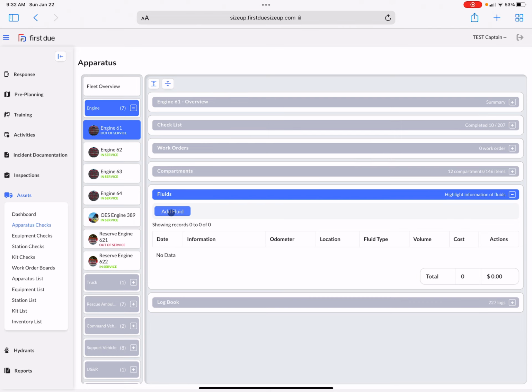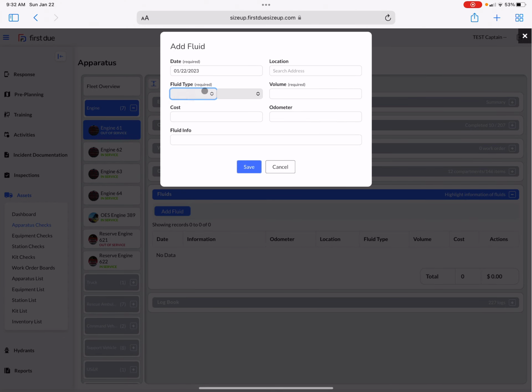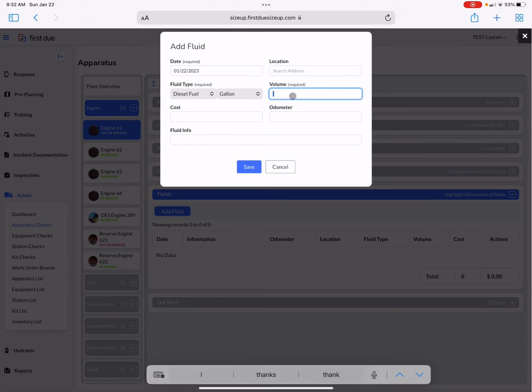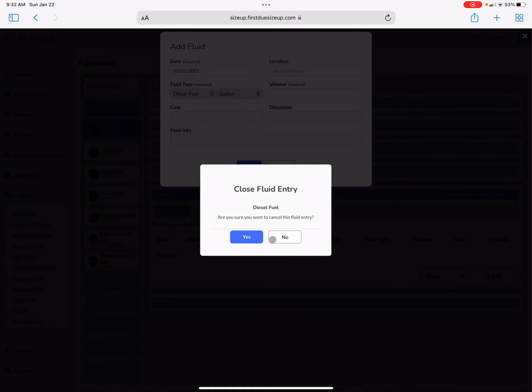What this is going to do is when you add fluid, you're going to put the fluid type, in this case diesel fuel. You'll put the number of gallons, it's measured in gallons, and then you'll put volume or quantity in number of gallons, and then you would hit save. And when you do so,